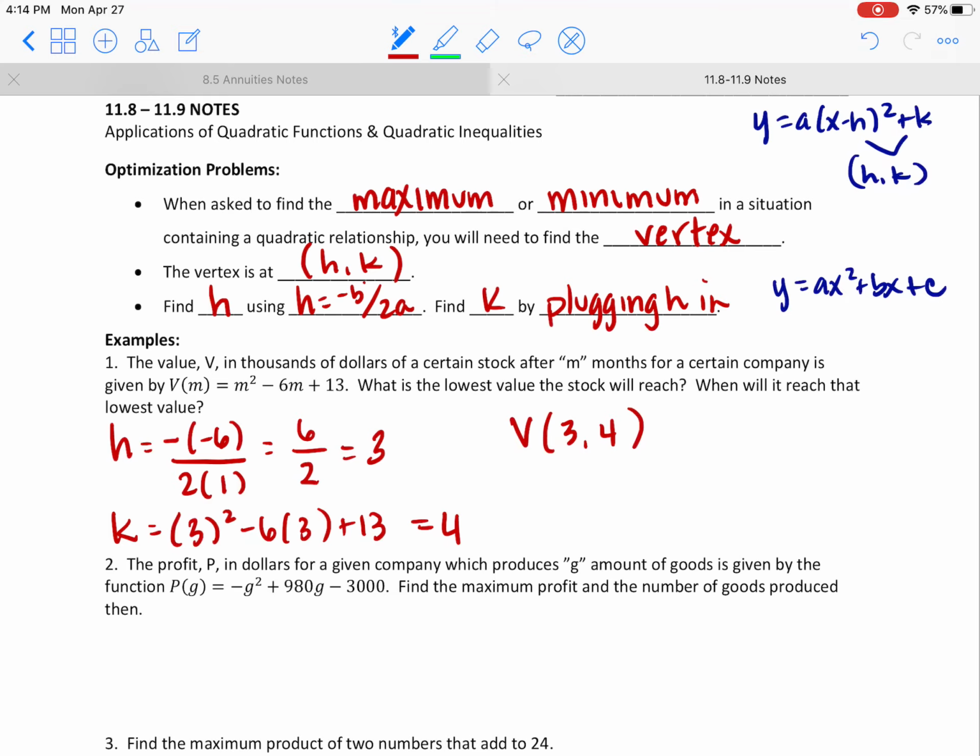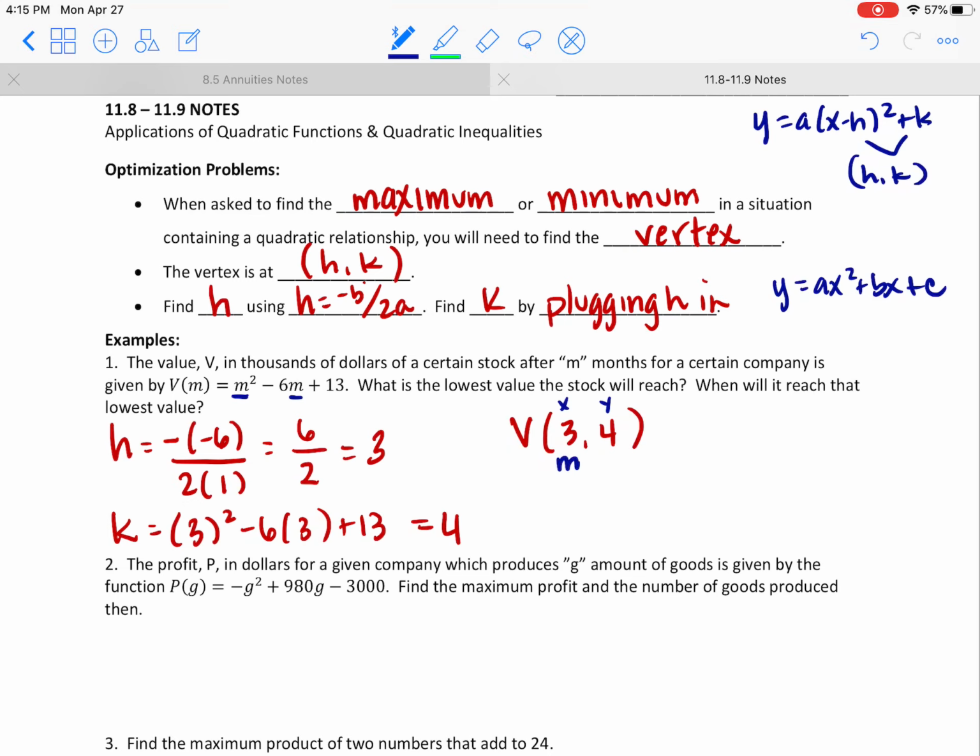So it's asking us what's the lowest value the stock is going to reach and when is it going to reach that lowest value. So it's 2 questions that are answered with the vertex, but which number answers which question, right? So think about what your vertex is. Now, we call it h and k just because that's what we call our vertex form, but if this is a point on the graph, this point would normally represent an x value in the point and a y value